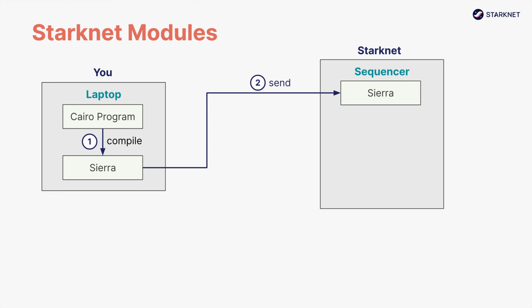The system follows the mantra, don't trust, verify. The actual Starknet node that receives the Sierra code of your program is known as the sequencer, a powerful machine that is in charge of executing your code. Just like before, the sequencer needs to compile your Sierra code to Cairo assembly before it can run it on